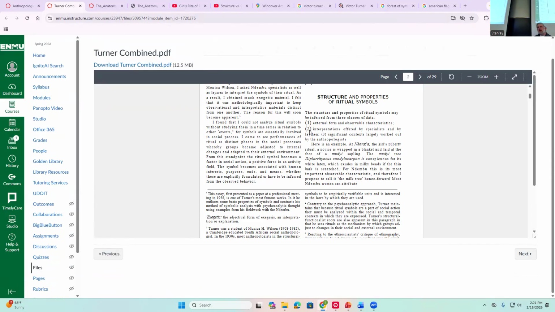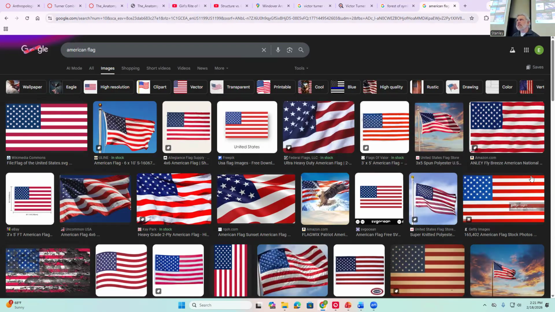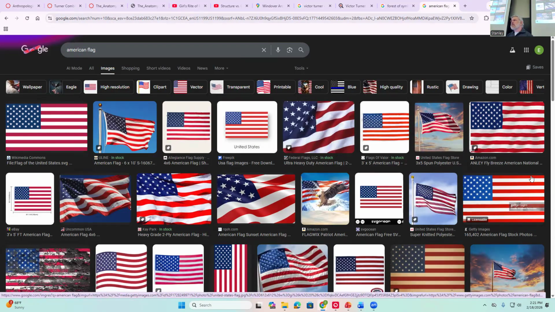This is where we're getting a little anthropological here. We should ask people what it means. Instead of just looking at something, we can ask. Why might we ask somebody what this American flag means? And what can we get out of that? He makes a real good point here that you need to ask not only specialists but also lay people. Why? Not only for the flag, but for any kind of symbol. Say, for instance, let's talk about church. There's a cross. We can ask the parishioners what the cross means, and we can also ask the priest or the preacher. Why might we want to ask both groups of people?